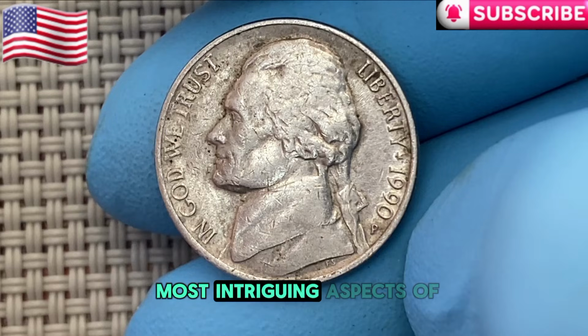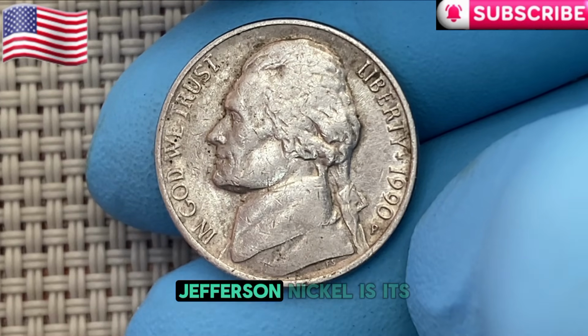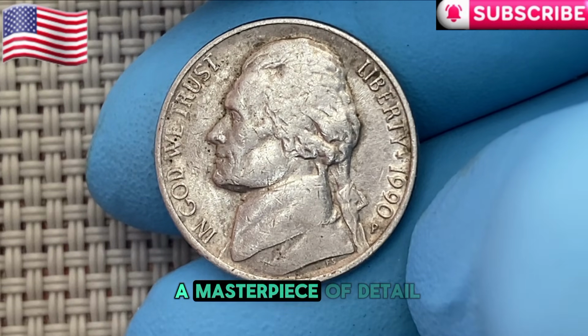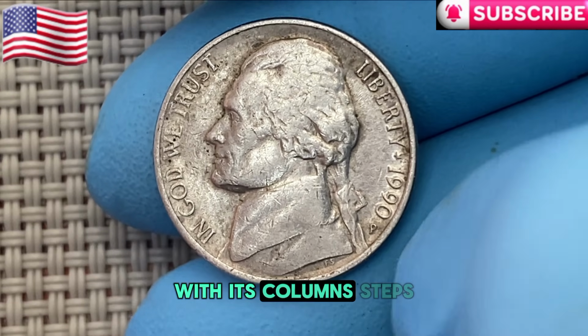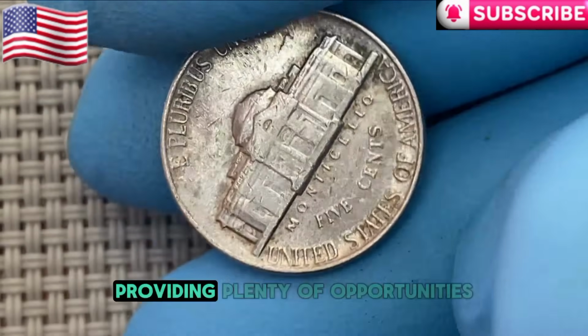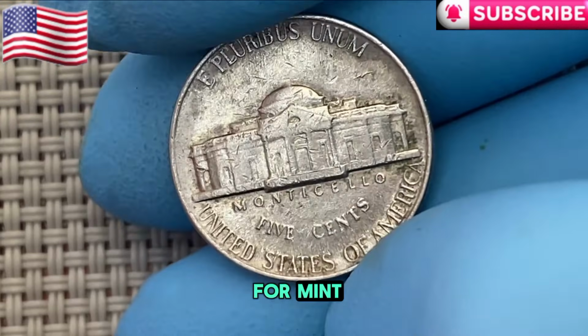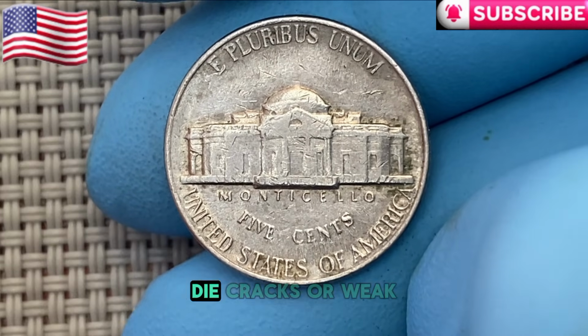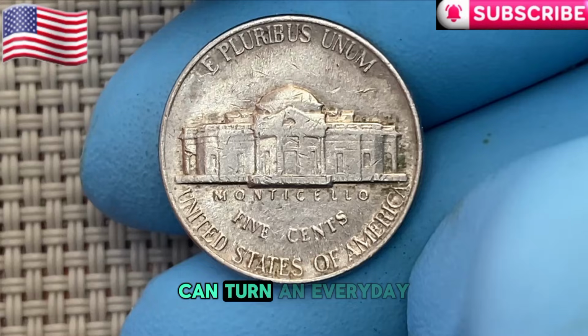One of the most intriguing aspects of the 1990P Jefferson nickel is its reverse design. The Monticello building is a masterpiece of detail, with its columns, steps, and roofline providing plenty of opportunities for mint errors to occur. Doubling on the lettering or architectural details, die cracks, or weak strikes can turn an everyday nickel